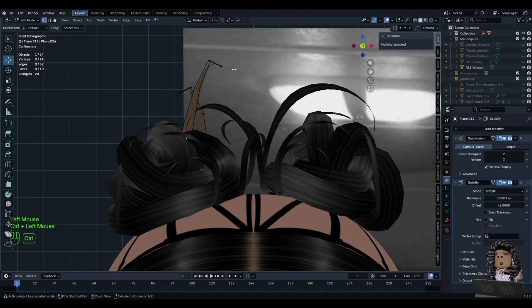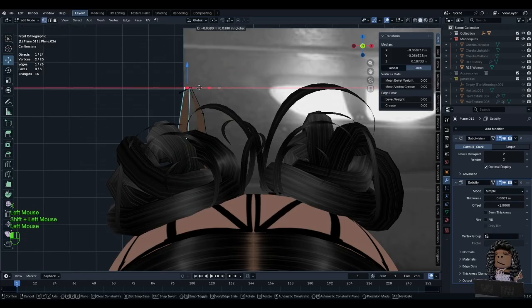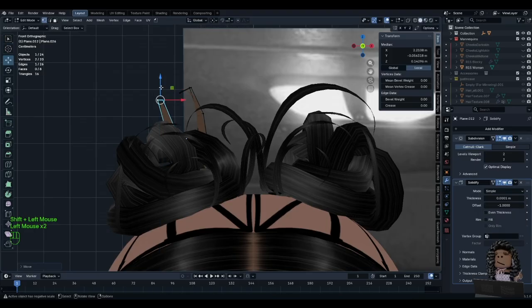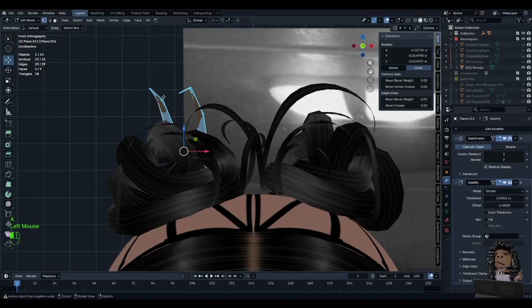Just looking at references, honestly, I think these need to be straight because I already have a bunch of kind of curly ones. I think I'm gonna keep these straight-ish. I mean, I'm saying that they're still not really straight, but